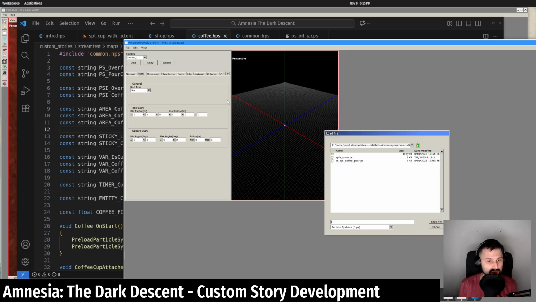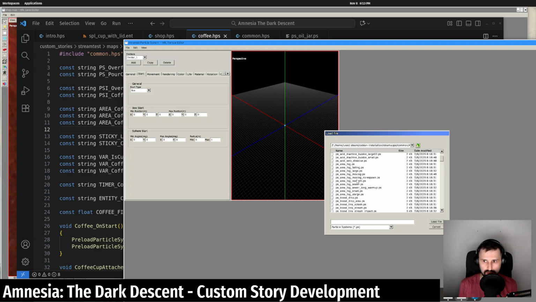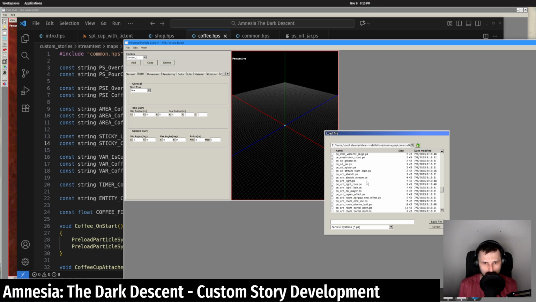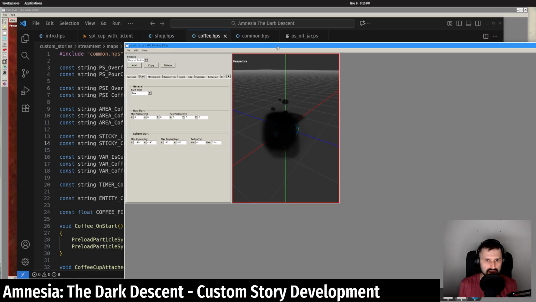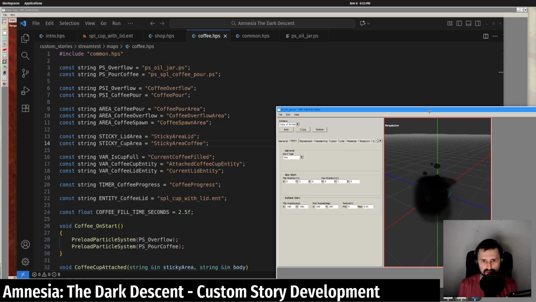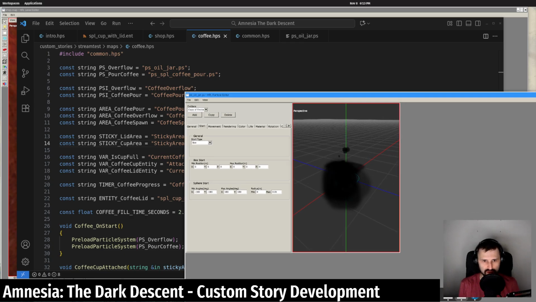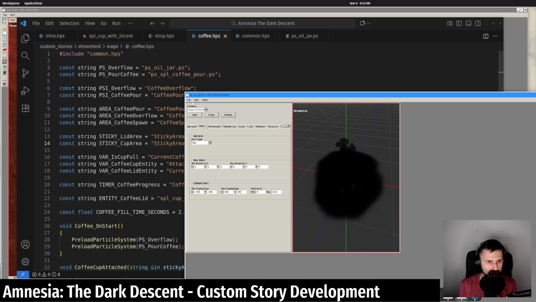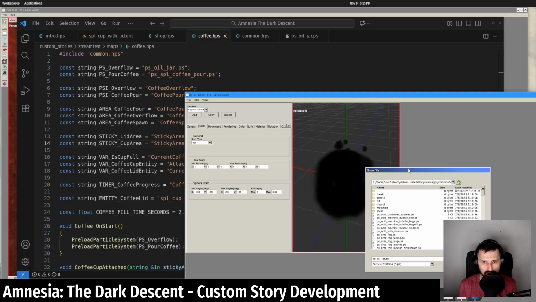Okay, and now I was so baffled by this, I almost forgot what the oil particle was. Let's see, it's supposed to be in particles. Something with oil. I'll double check just to be sure. PS oil jar. Oil jar, there it is. And basically, I'm going to hide some of this because it's a little annoying to look at. So this is it, right? And that's really heavy. So what we're going to do, I think we're going to save a copy. I'm going to copy,